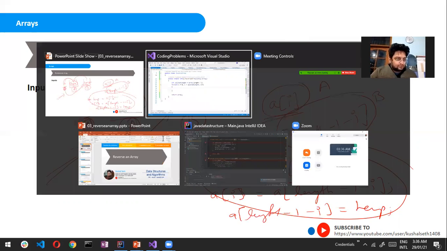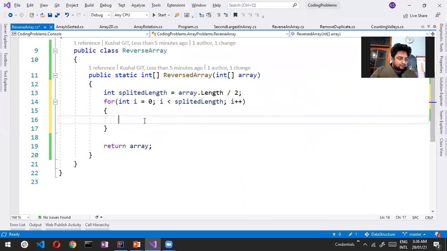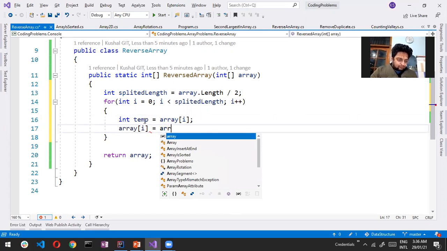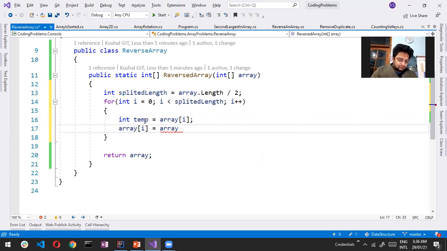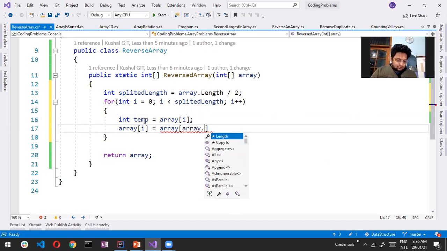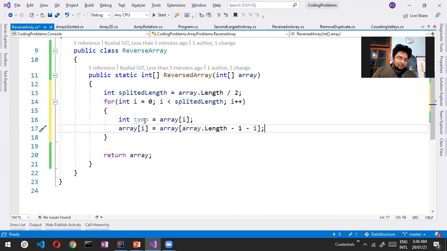Simple. Let's put this thing in code. First, int temp is equal to my array of I. Then in array of I, I will put my array of array length minus 1 minus I. If you are not able to understand how this came, array dot length minus I minus 1, then do let me know.